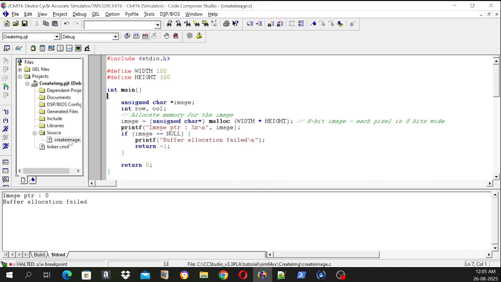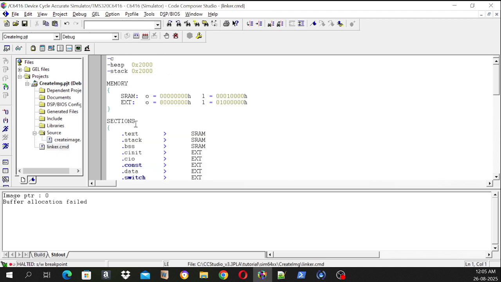In order to fix this problem, you need to understand one thing. We are trying to allocate width times height, which is basically 100 times 100. That is 10,000 bytes of memory we are trying to allocate in the heap. So the program will go and take a look at the linker command. Here you see that heap memory is just 2000 hex bytes. But we are trying to allocate 10,000 bytes from the heap. So what we'll do is we'll just increase this heap to 0x20000. Now let's rebuild this program